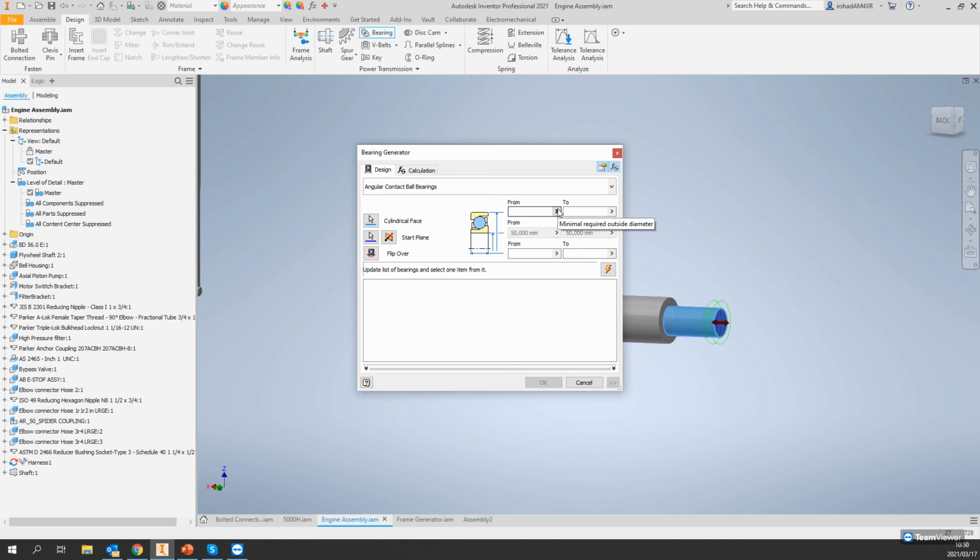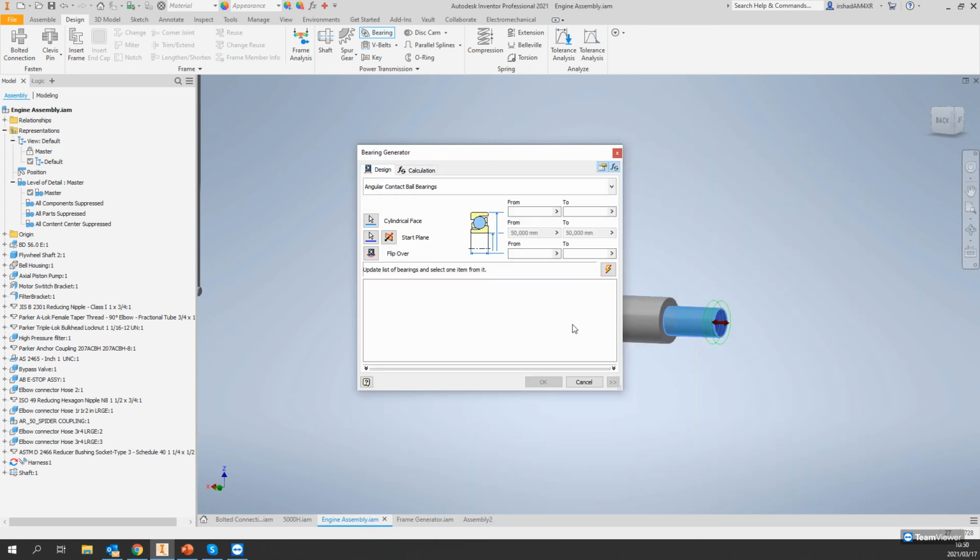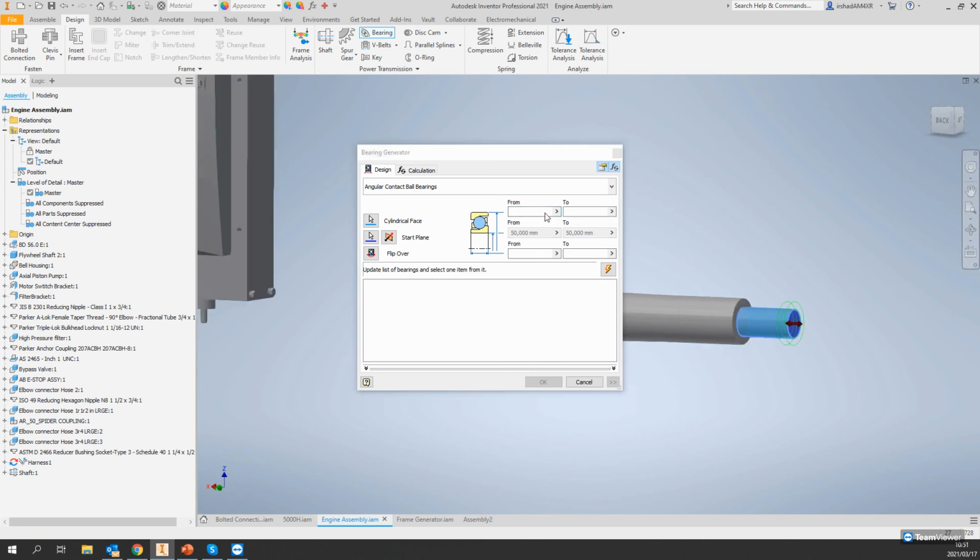And then you can say maybe minimum required outside diameter or whatever have you, or you can go by calculation, and you'll see that you have an entire bearing maker calculation depending on the torque or axial or radial load that's being applied on this design. So you can calculate from there all this. I'm just going to go with my basic. I'm going to say from,